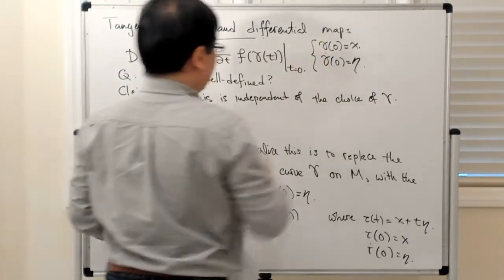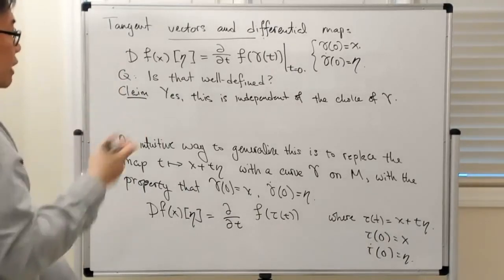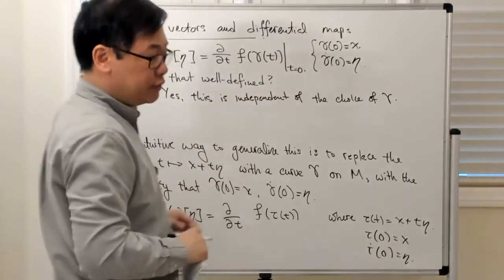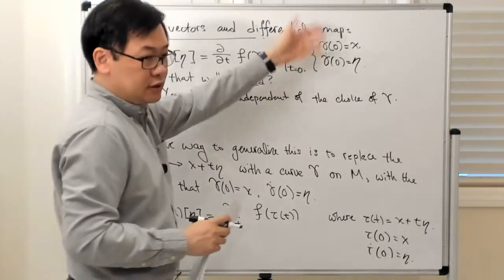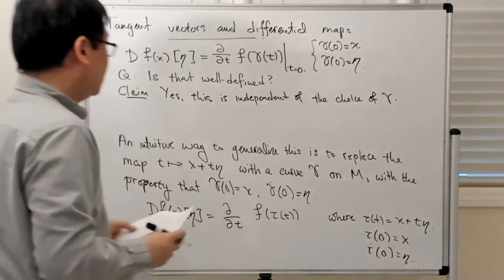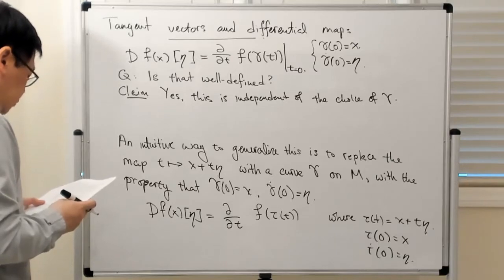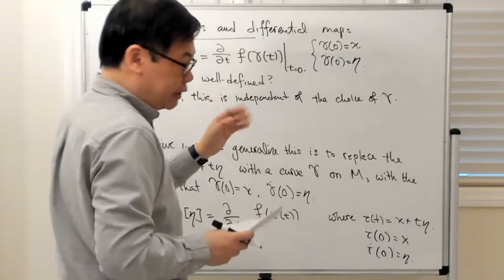In fact, the fact that it's independent of this choice, as long as you specified the value at 0 and its first derivative at 0, leads to this equivalence class notion of the tangent space. So again, modulo this issue of whether or not the thing is well defined,